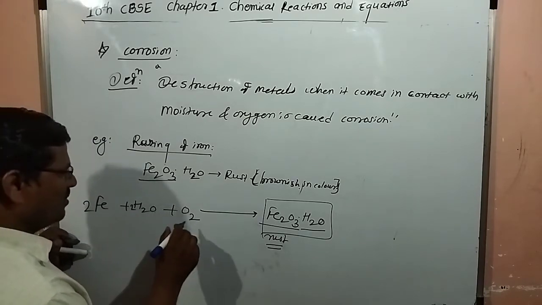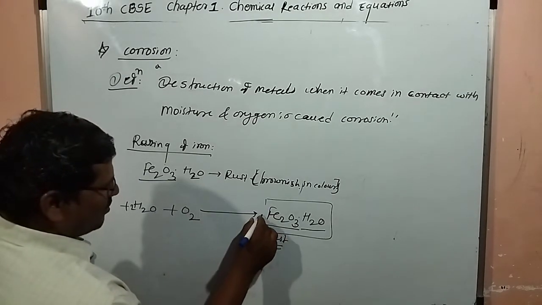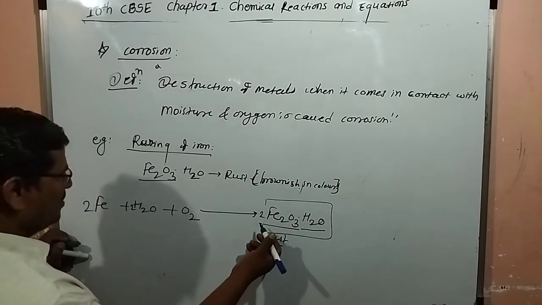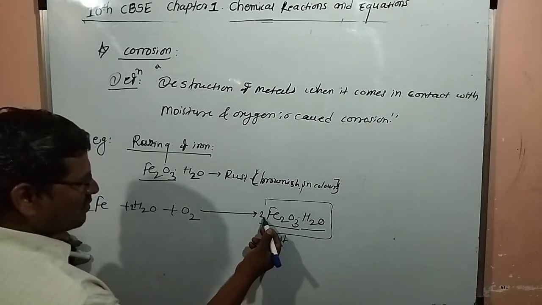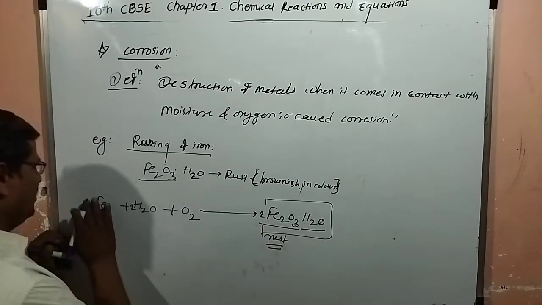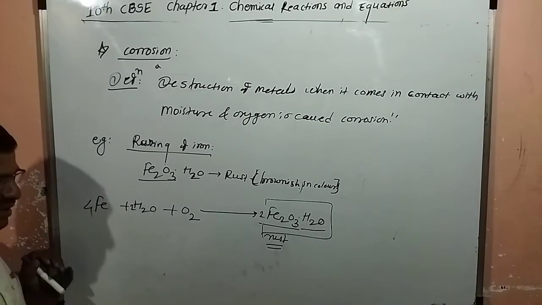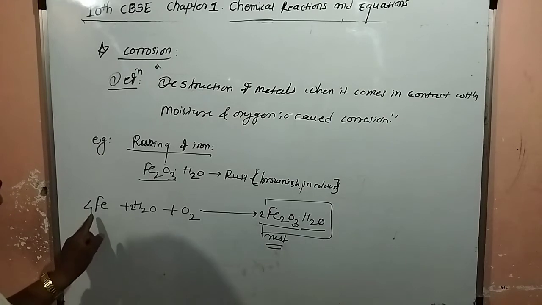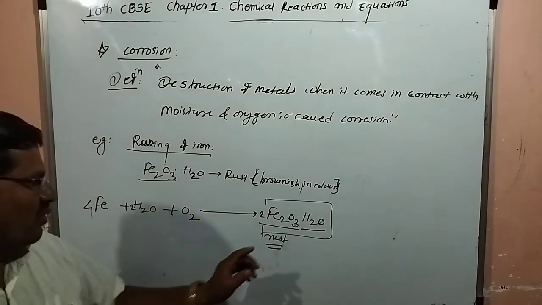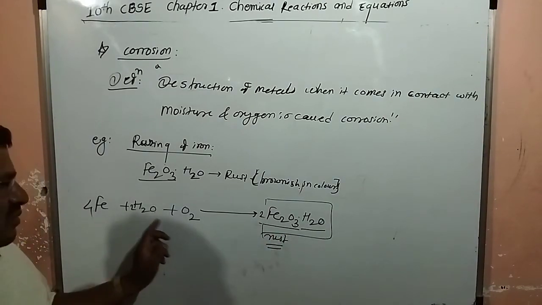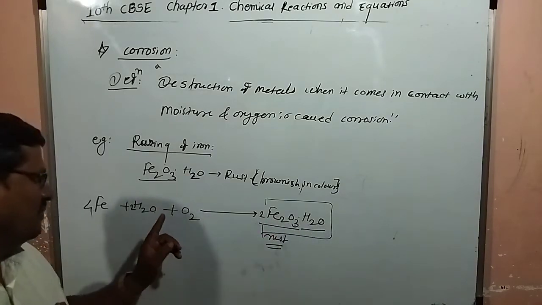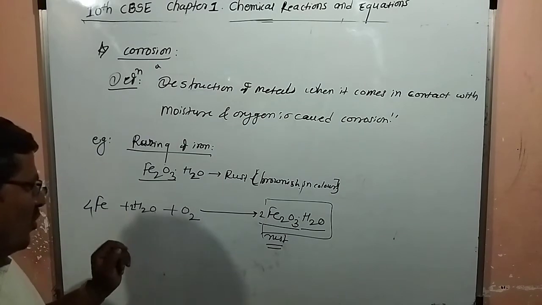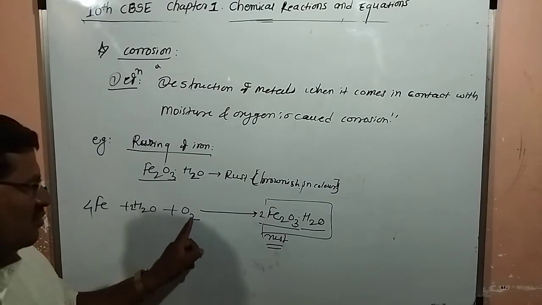now what will happen, now we'll see. If you multiply here by 2, then hydrogen will become 4, and here it will multiply by 4, then the chemical reaction will get balanced. That means 4 Fe, then twice H2O is there. Then oxygen, if you count 2 plus 2,